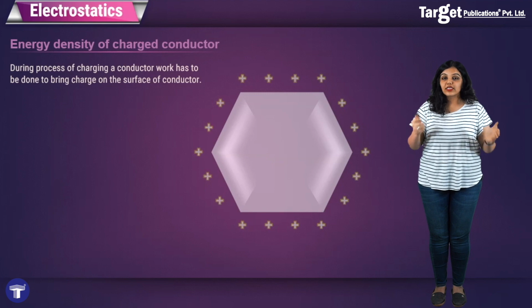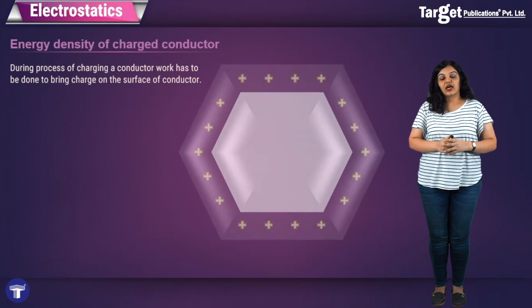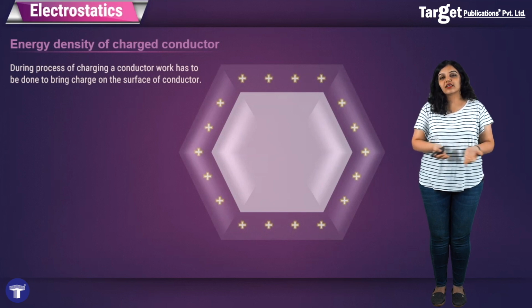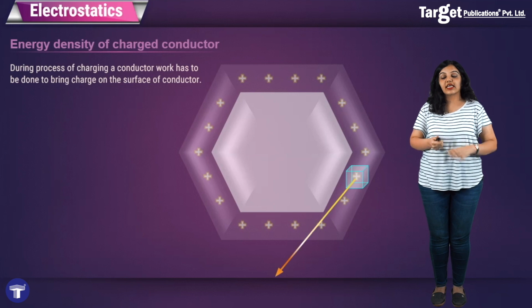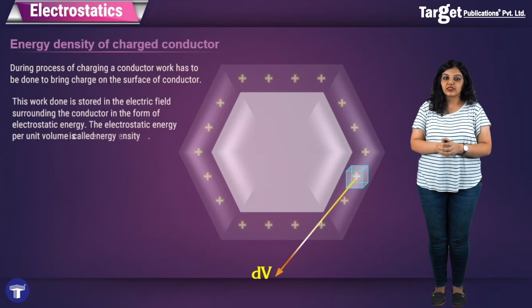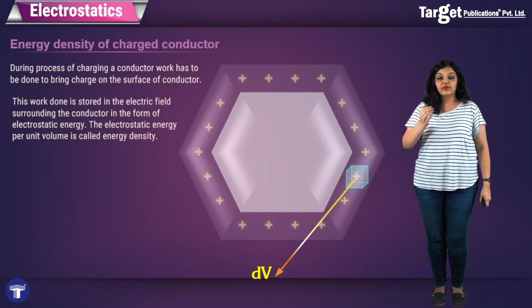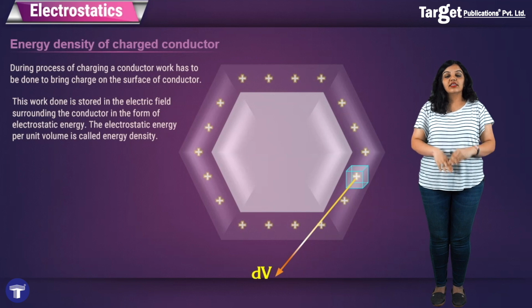And therefore, because of this work done, energy gets stored around, that is in the space surrounding the conductor, some energy gets stored, that is the electrostatic energy. And this electrostatic energy per unit volume is known as the energy density of a charged conductor. So we say that the work done in moving all the charges to the surface of the conductor gets stored in the electric field